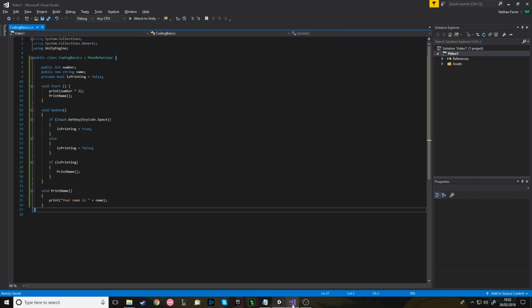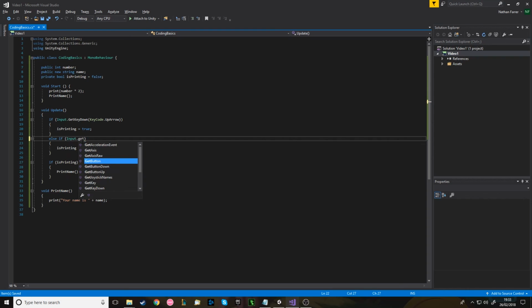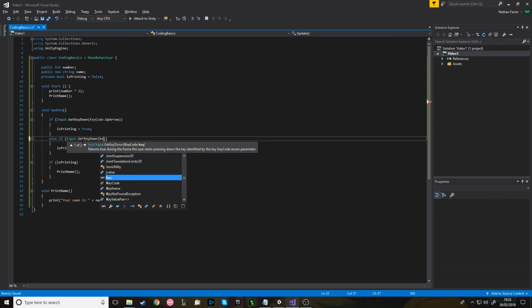Is there anything else I need to cover this video, I wonder? I feel like I've done enough this video, but just to show right at the end, the keycode thing is really easy to change, because you could have, for example, get keycode up arrow, and you could have get key down. So this check, as soon as you tap the up arrow, it'll set it to true, and you can have else if. Keeping in mind, if you put an if, you have to then put what you want it to check. So if input dot get key down, keycode dot down arrow